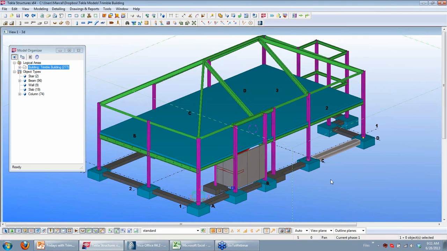When I publish that model into Vico Office, I'm using this button over here, Publish to Vico Office. Now what you do when you work on a model is you probably stage your work. You're probably not going to complete that model all at once. You want to focus on the foundation first and then do the first level of the structure, maybe subdivide it by zones, etc. The logical areas over here help you quickly select those elements that you want to push